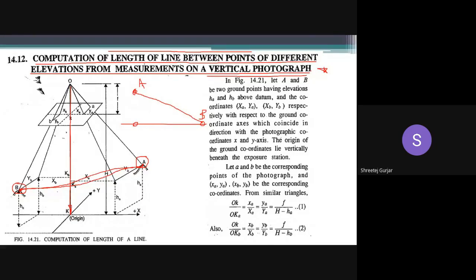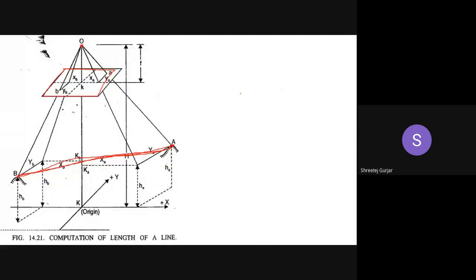Okay, so this derivation, shall we continue, or do you want me to continue this in the next class? This is also very easy. Derivation is easy, don't worry. Should I explain? Okay, what I'll do is I'll explain this figure, how to draw this particular diagram, and the derivation we shall look at in the next class.